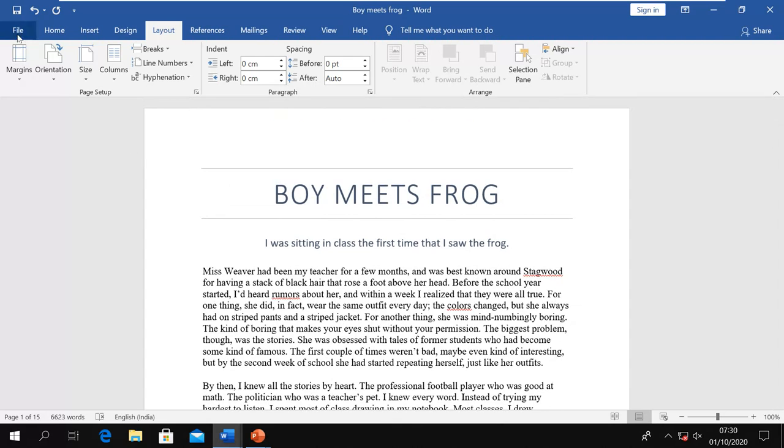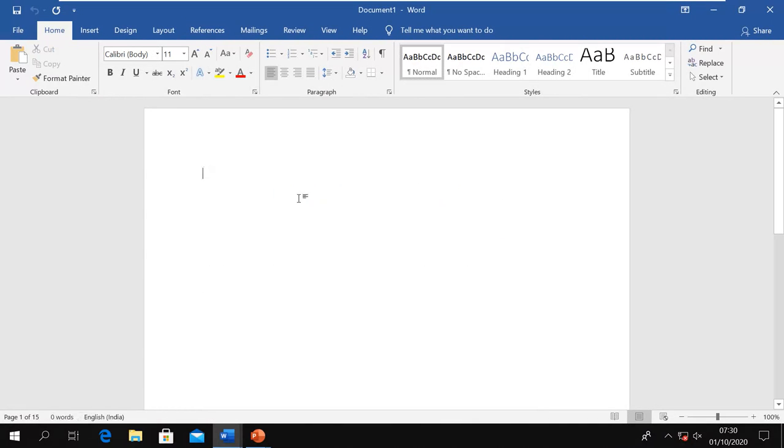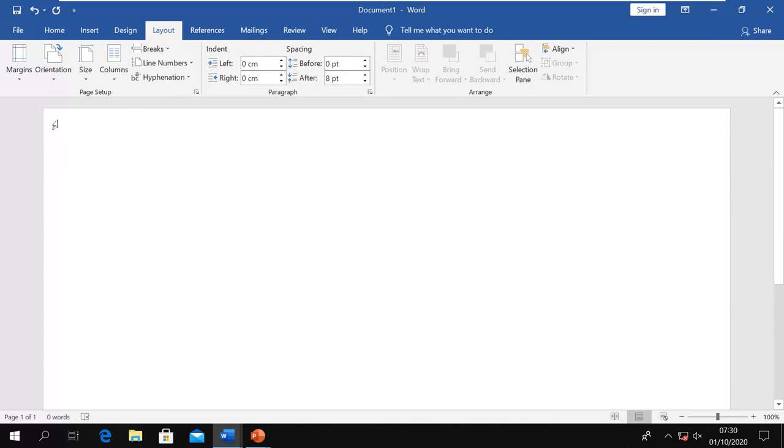When I create a new document, before adding anything, I'll go to Layout and decide what type of orientation I want, landscape or portrait, and then I can create my document according to that layout.